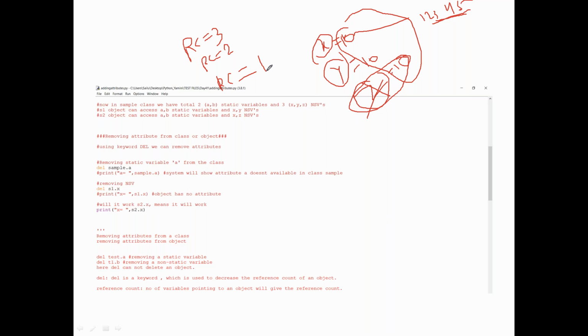So just remove that immediately. Are you getting my point? The number of variables pointing to the same object gives the reference count. So this reference count and reference address will be maintained only when you have at least one or above. Whenever the reference count becomes 0, the address is not going to be in the memory anymore. It will be wiped off. Then how to retrieve the data?